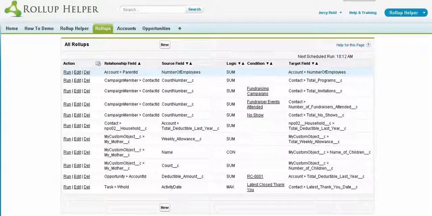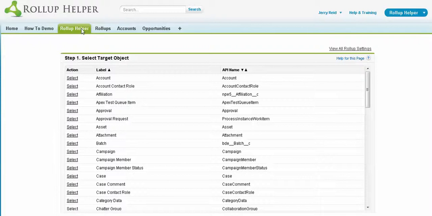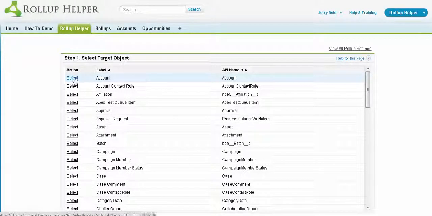Hi, in this video I'm going to show you how to create a target field on a target object. The reason you need to create target fields is simply that in Rollup Helper, when you start the Rollup Helper wizard, you'll have to pick a target object. In this case, I want to do a rollup to the account object,